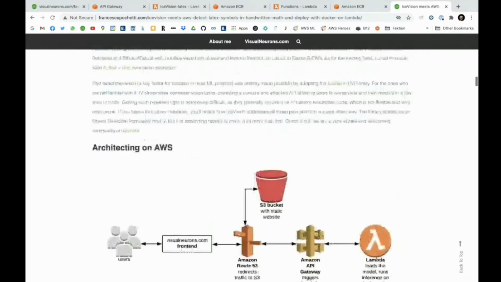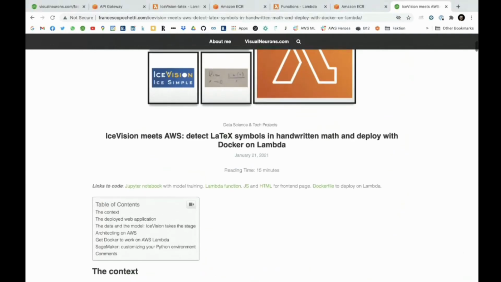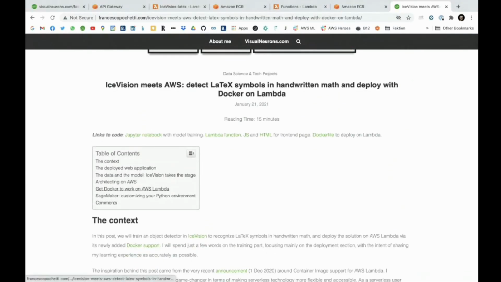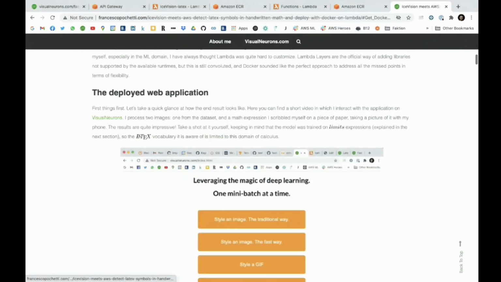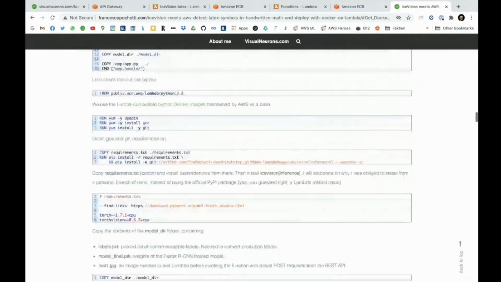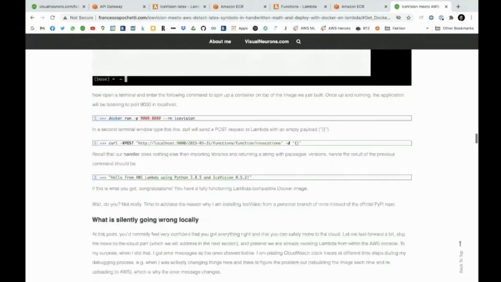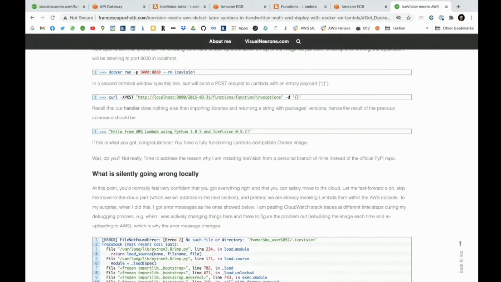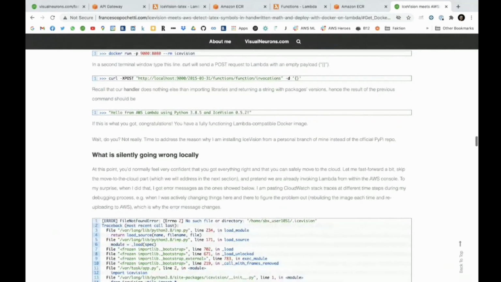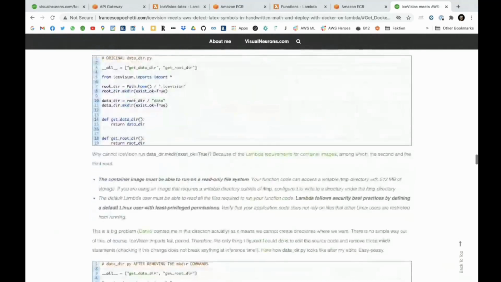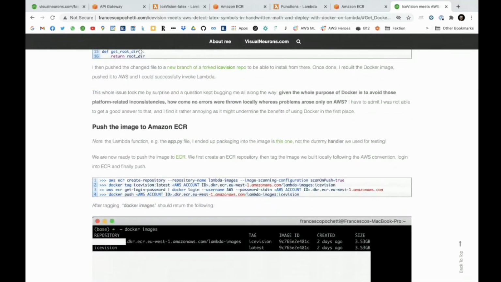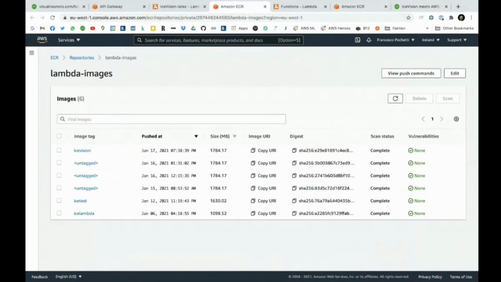The next step is to architect the Lambda, write your Dockerfile, build the image, test it locally, check what is going wrong. That is something I didn't touch upon. I will do this really briefly now. But what is left is pushing the image to Amazon ECR, right? ECR stands for Elastic Container Registry, which is this guy. And then you upload it here, and then you can,